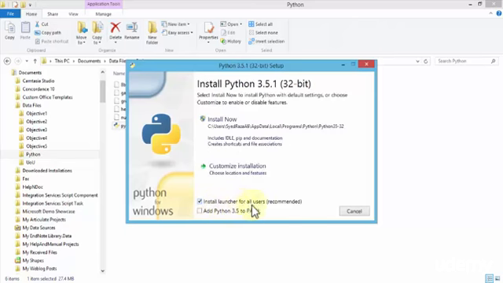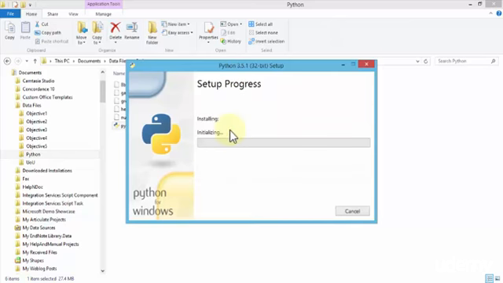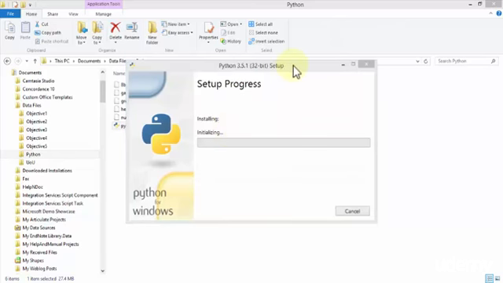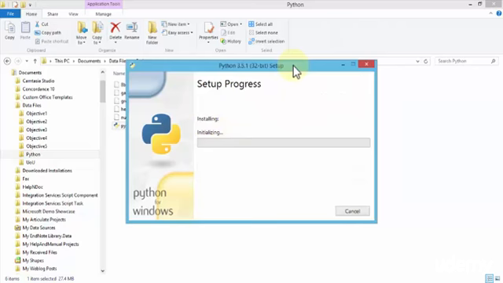On the bottom, install launcher for all users, which is recommended, and add Python 3.5 to path. So we're going to leave it as is. I'm just going to leave the path also, and I'm going to click on install now. And it's going to run through the installation process. It's going to initialize, and it's a pretty straightforward process. It's just going to ask you a couple of screens, next, next, and then it will install the program